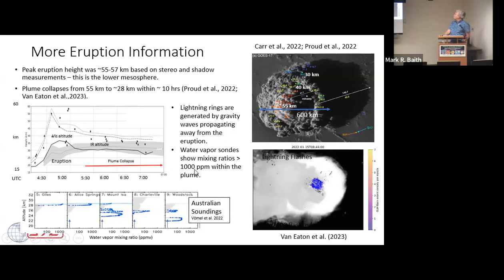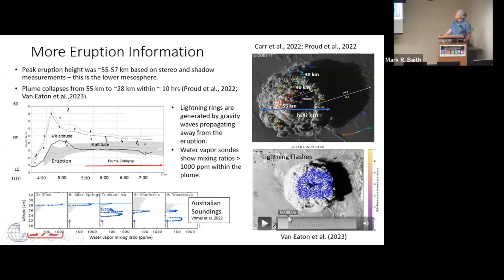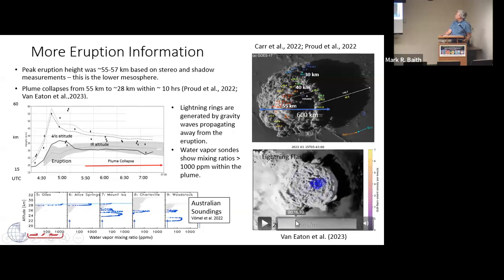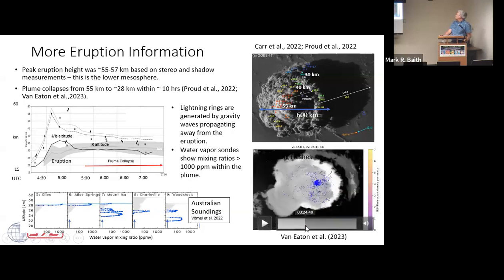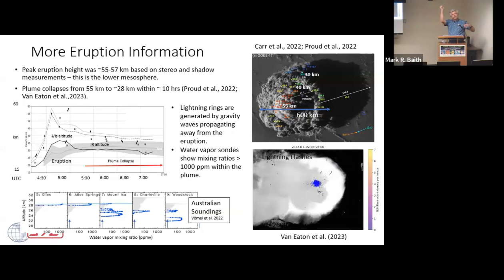It's quite rapid. So lightning rings were observed in the plume. This is pretty interesting. You can see the rings. So go forward here. You can see the rings forming from the eruption cloud. These blue dots are the lightning strikes, and you can see them propagating away from the cloud. And it's associated with the gravity waves. It's like an up-down motion away from the cloud. If you throw a rock into the pond, you get the ripples. The upward motion, downward motion, the convection associated with that gravity wave or the strong displacement created the lightning rings.